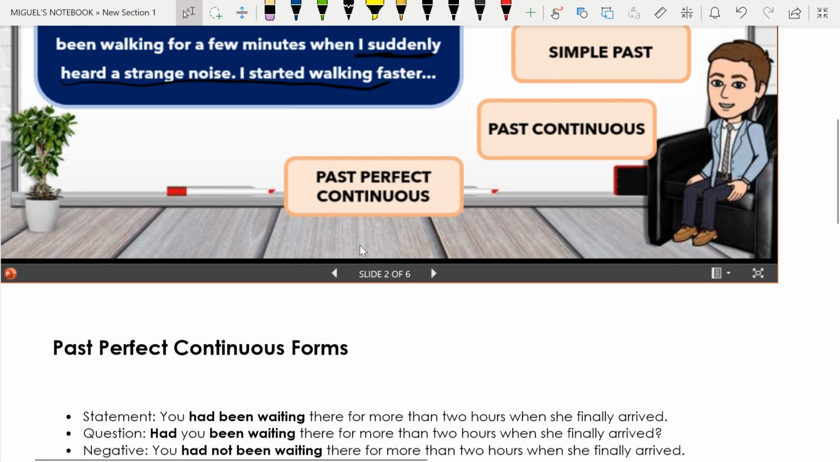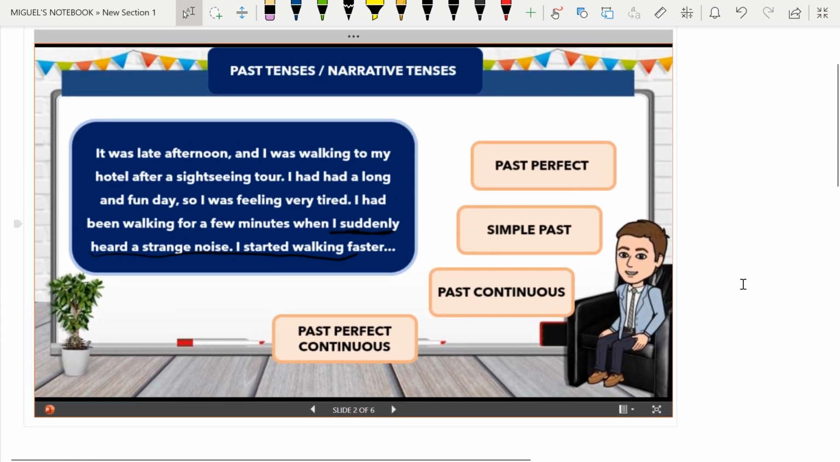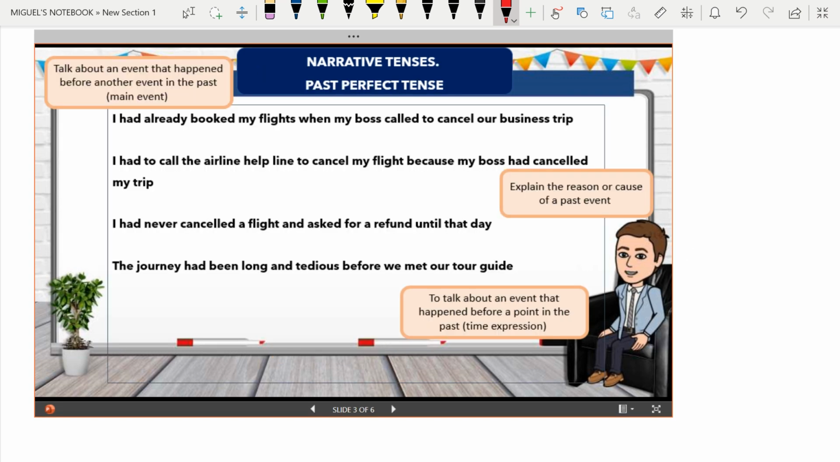Now, past perfect continuous forms. So last class, we were reviewing narrative tenses when I explained to you that the past perfect tense is used to talk about something that happened before the main event. So the main event would be